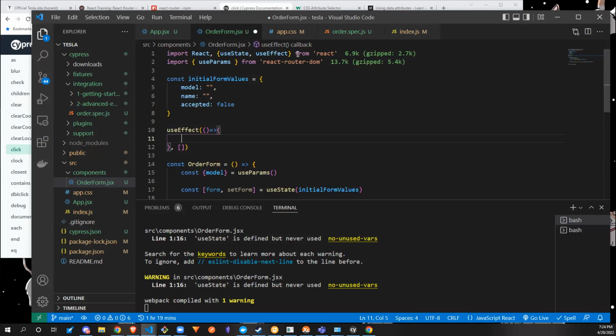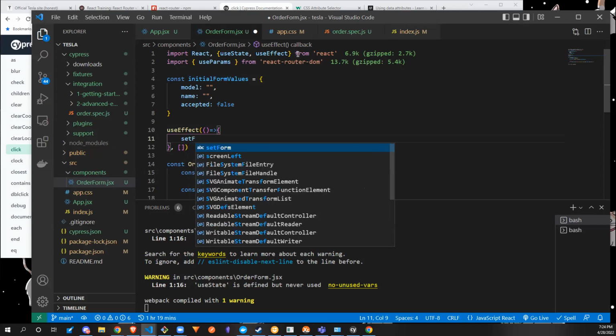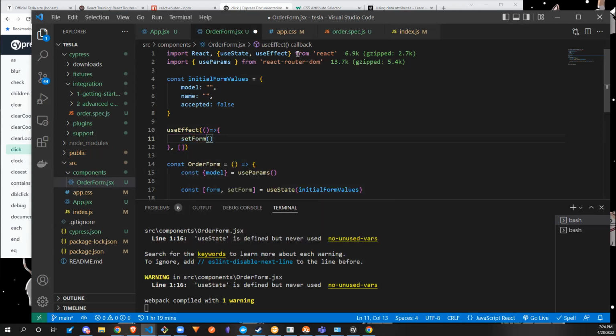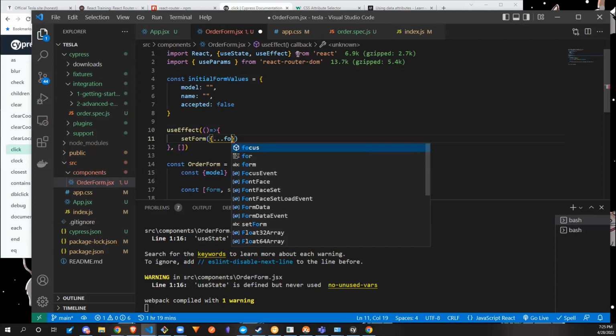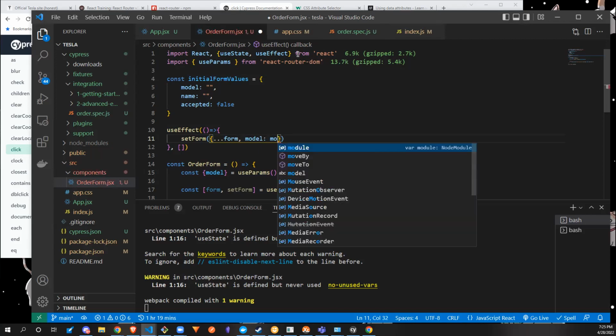So we're going to set form. We want it to be an object spreading the form and changing model to be,